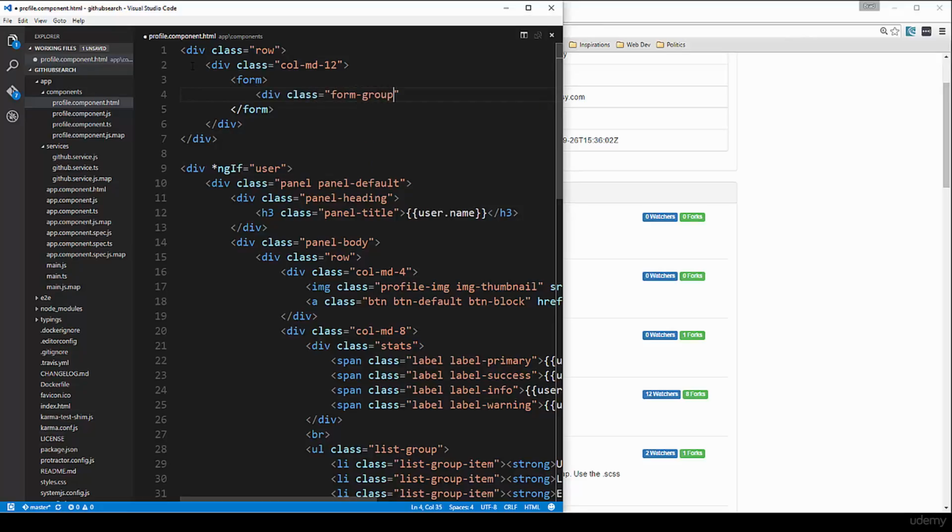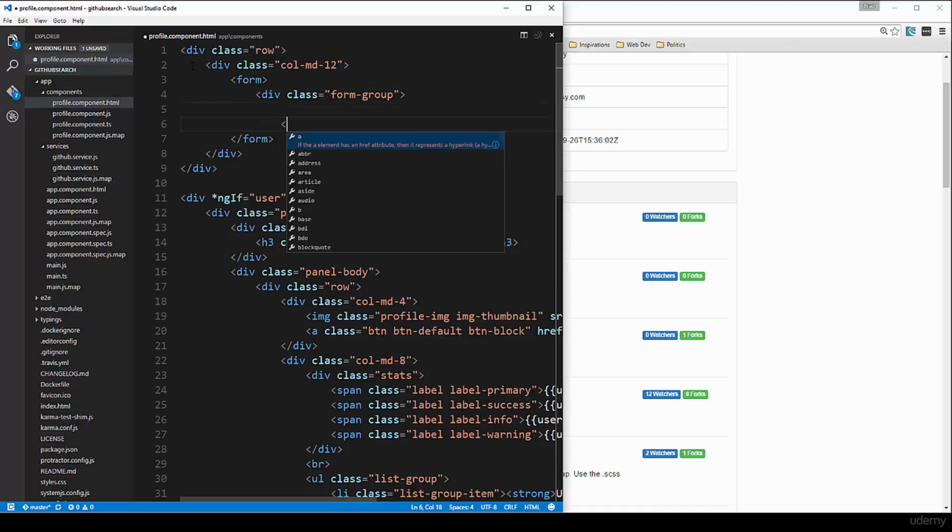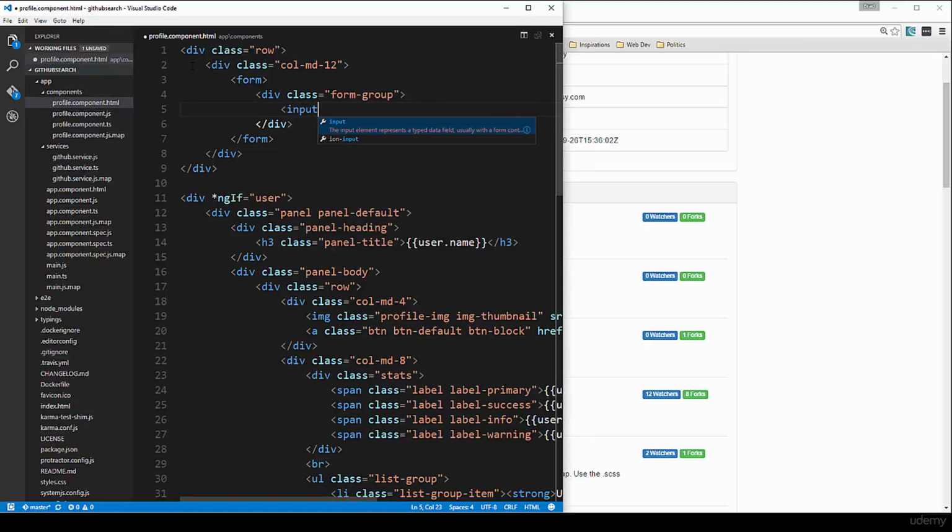Okay, this is just Bootstrap stuff. And let's put an input, give it a class of form-control, and let's give it a type of text,